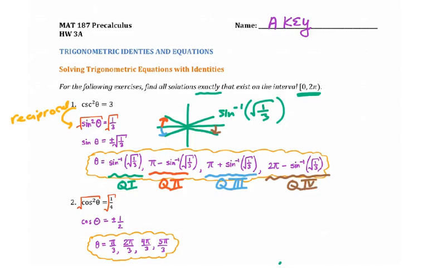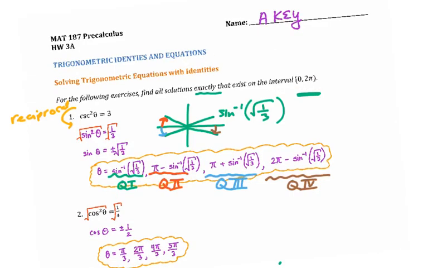This is very similar to one of the class examples we did a few weeks ago, but we end up with 4 total solutions. This first problem can be a little challenging because the solutions aren't coming from special angles. We'll contrast that in just a moment with problem 2. So hopefully you found those 4 solutions for problem number 1. If we look now at problem number 2,